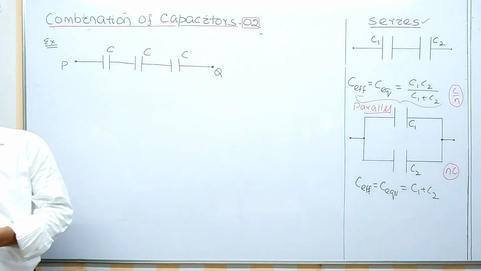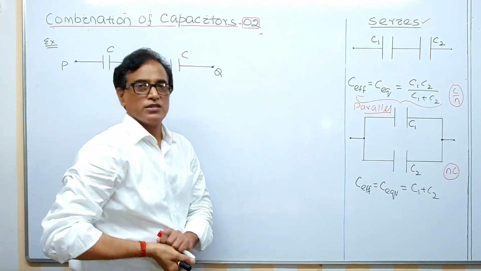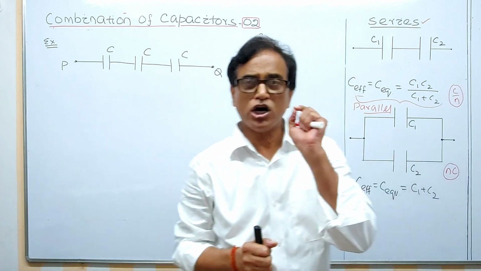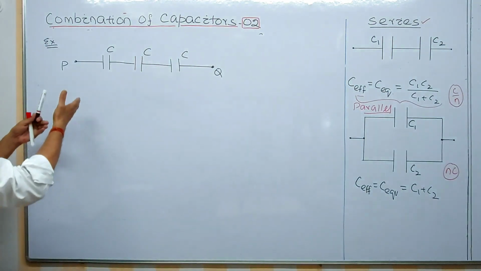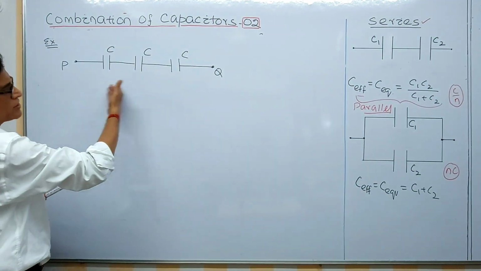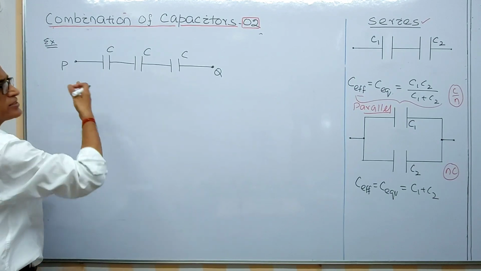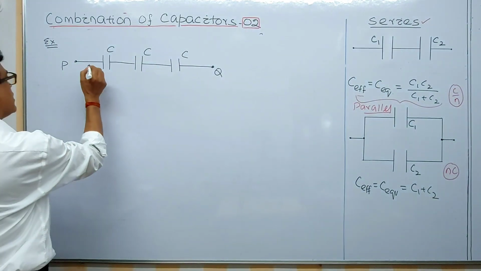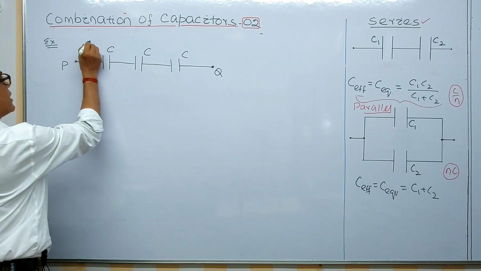Now, as seen from the diagram, these three are in series. Now I am taking a modification to this. This will never be asked in the exam. This is a very clear visualization. We can say these are in series as I am taking the series combinations. Now, here I am connecting it like this.